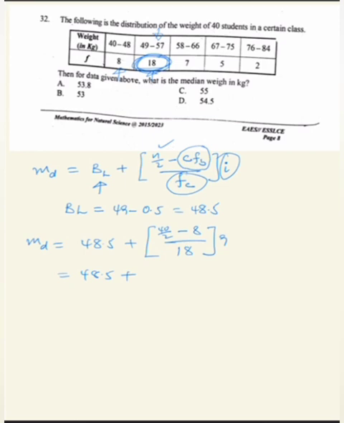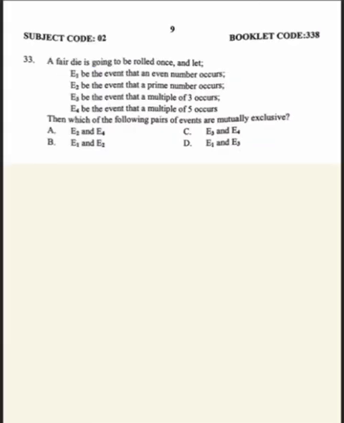So ይሄ ምን ይሆናል? 48.5 plus 40 over 2 means 20. 20 minus 8 is 12. 12 over 18 times 9, by 9 ይሄ 2 ነው የሚሆነው። So 48.5 plus 6 or 54.5. Okay, 54.5 is the median of the weight of this class። ስለዚህ መልሳችን የሚሆነው ለ32ኛው ጥያቄ ዲ ነው ማለት ነው።